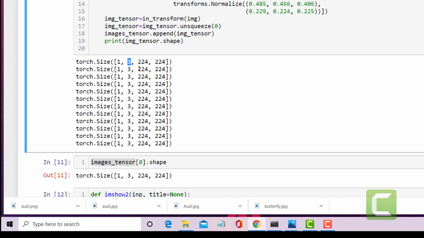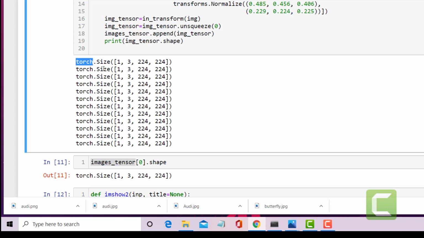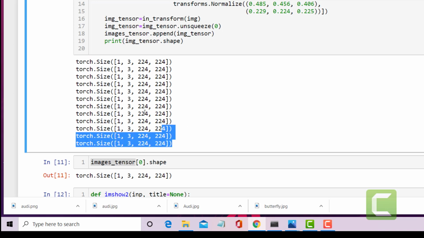For black and white, this will be 1. 224 pixels, 224 pixels. And why is there an extra 1 here? This is needed for all the PyTorch models. Okay, so they usually take this as a batch size. If my batch had 10 images, this would be 10, but now I have only 1 image per batch. Okay, so I have printed the dimensions of that image and everything is of type torch.Size. That means they're all tensors.